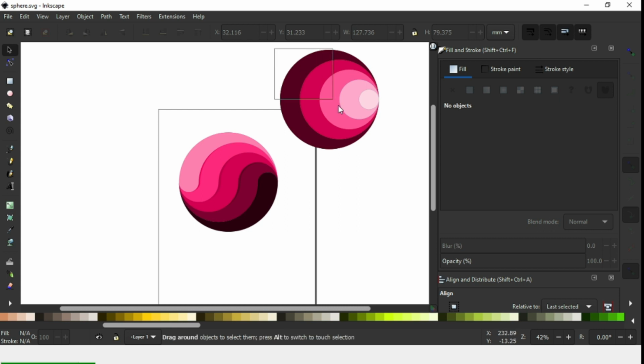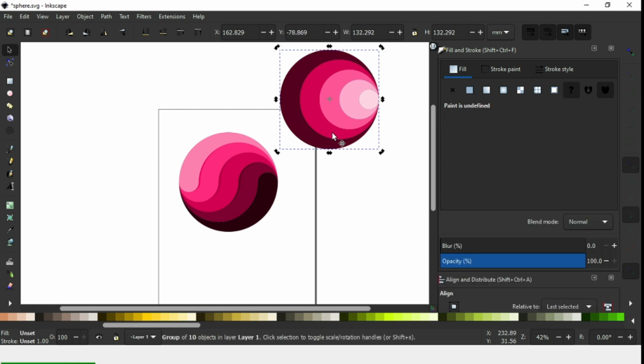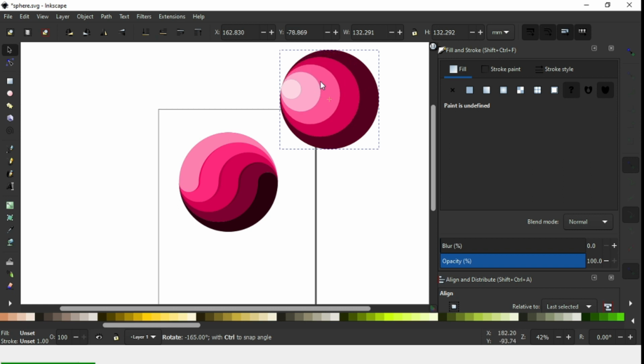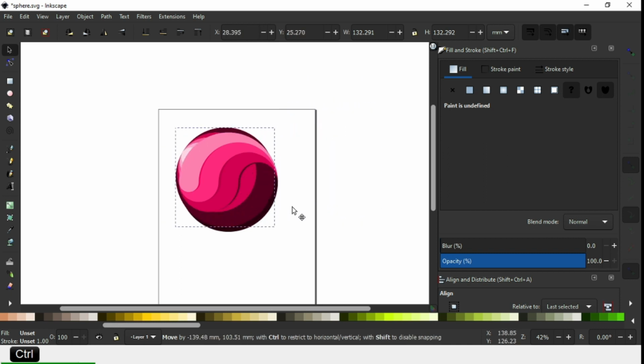Now select this object and group it. Press Ctrl+G to group it, or rotate it. You can rotate according to your need. Now align it.